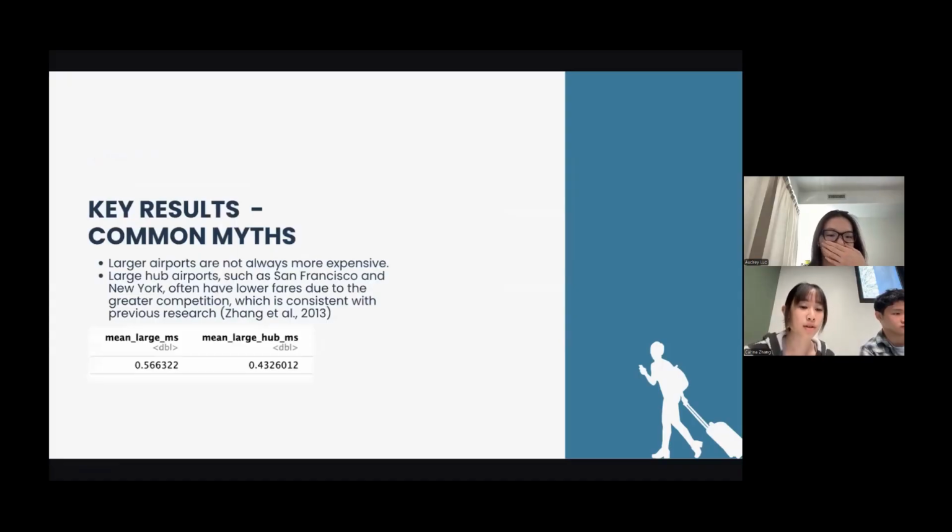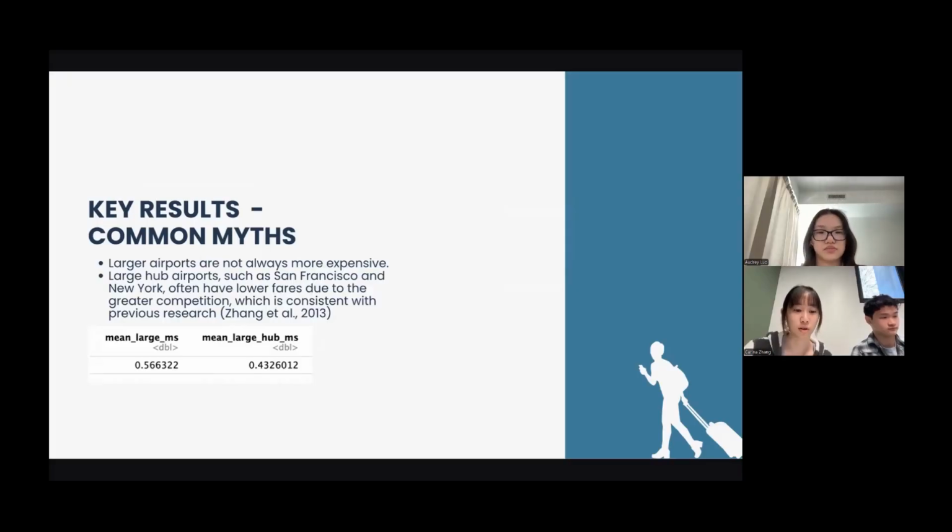From our results, we would like to break some common myths about airline tickets. There's a myth that large airports are always more expensive, which is not true, because large hub airports such as San Francisco and New York often have low fares due to greater competition. This can also be shown in the chart below. We calculated the mean fare for the company with the largest market share, and we also calculated the mean of the largest market share in the larger airports,